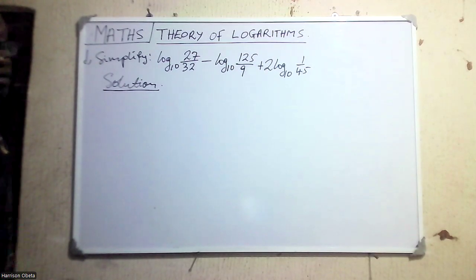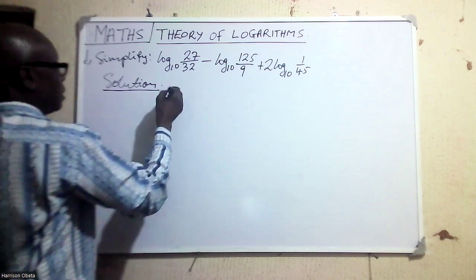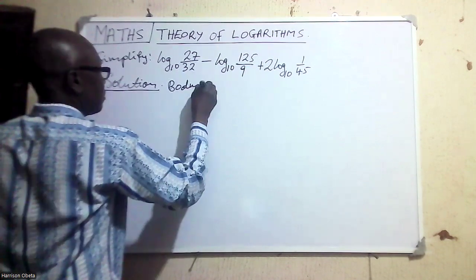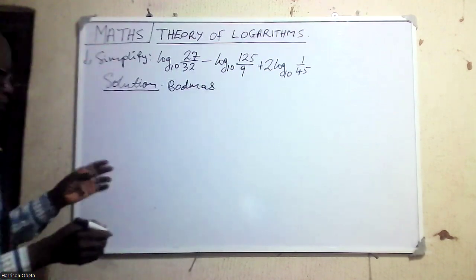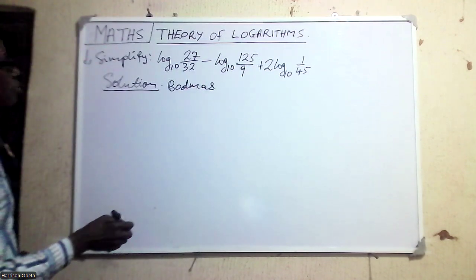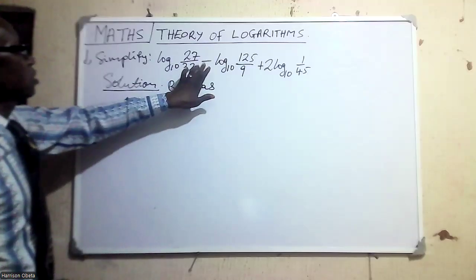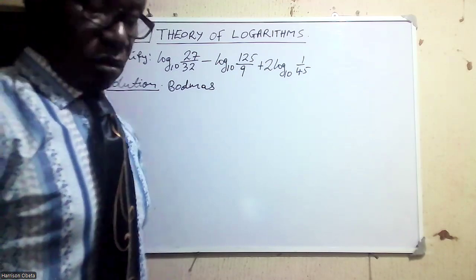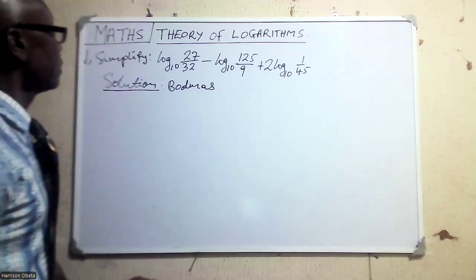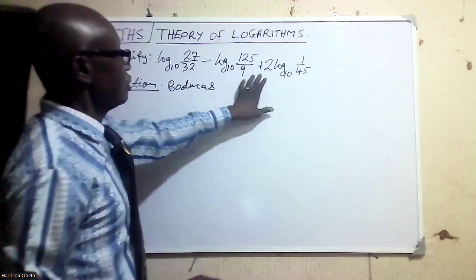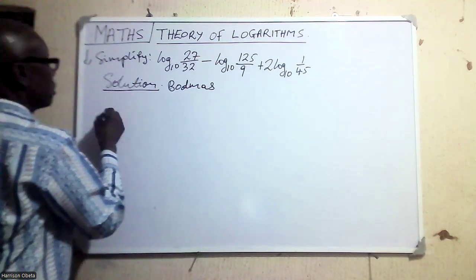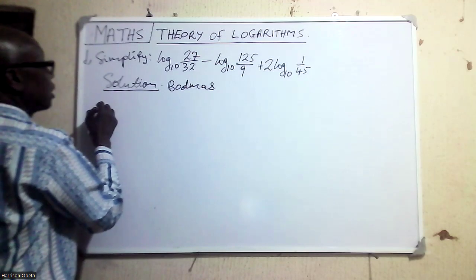Before we start, we have to remember that in this case we need to use BODMAS. This will guide us to know what to do. In other words, we know that in logarithm, subtraction is division, while addition is multiplication. So, to start, we have